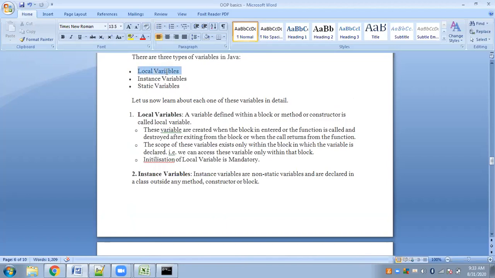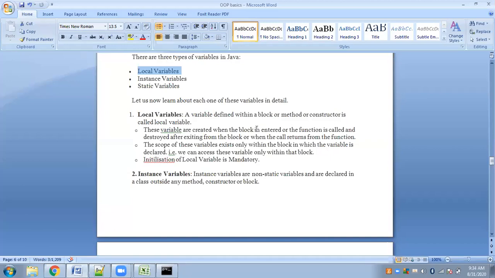And you all know what a local variable is. A local variable is local to the block in which it is declared. See, it's written here. These variables are created in whichever block or whichever function you declare them. Wherever you want to use this variable, you declare it there and then it is created inside that block itself. And once you exit that particular block or function, your variable will also get destroyed.